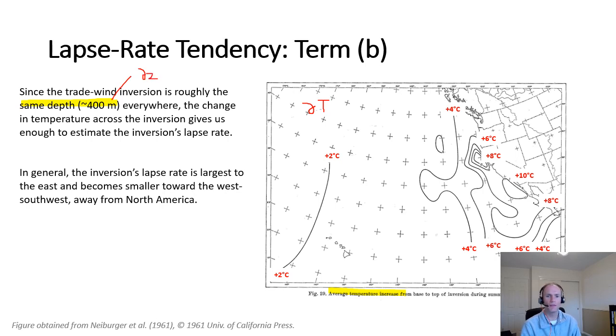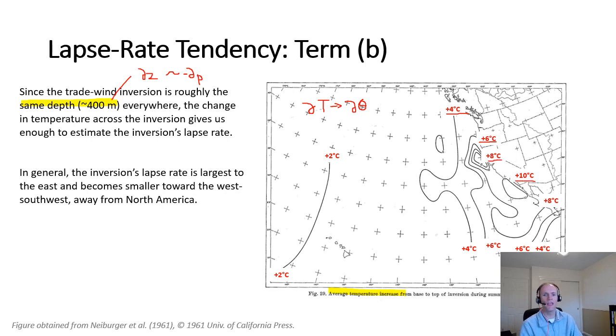But ultimately, because the change in height is very similar to the change in pressure, just in the negative sense, and because we're out over the ocean, this change in temperature is roughly the same as the change in potential temperature, we're looking at the information that we need to know to be able to quantify the strength of the inversion. And thus these contours that we see here with our 4 Celsius, 6, 8, 10 Celsius, and so on and so forth,